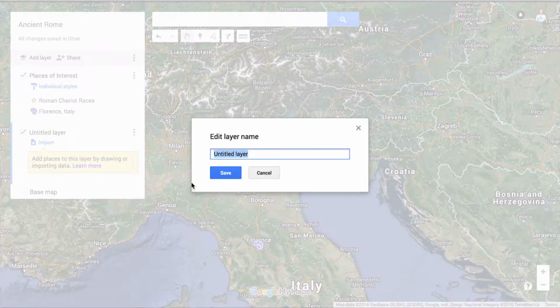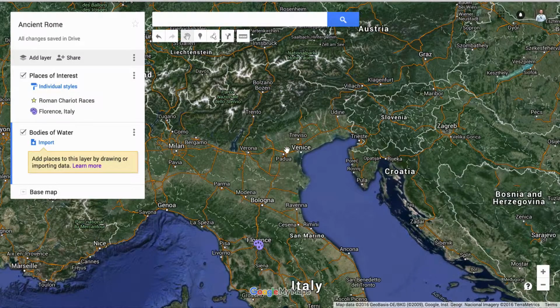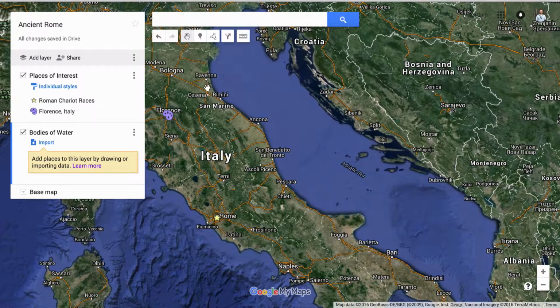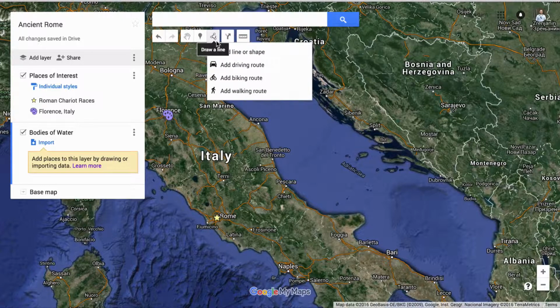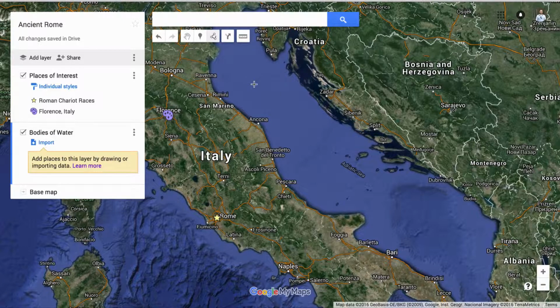And so let's title this layer. We'll call that bodies of water. So I'm going to mark the Adriatic Sea. I'm going to use a different tool here. I'm going to use the polygon tool or the line tool. So I'm going to click add line or shape. And what this does is you plot points